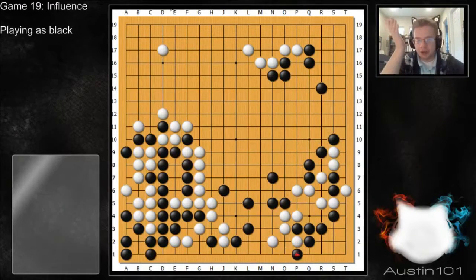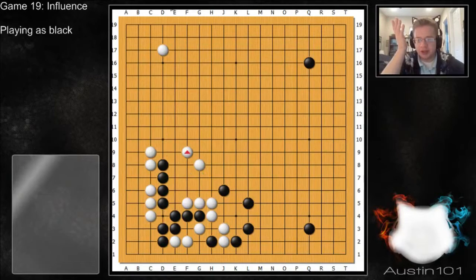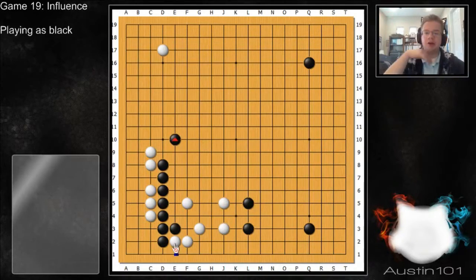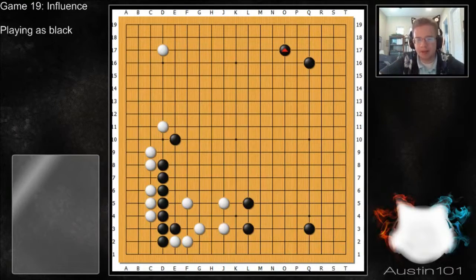So the reason for the loss is because of this. All I was thinking of doing was taking out the eye shape. And by doing so, I gave myself bad shape of being able to run around. I mean, here, all I have to do is connect. And then just jump out, make sure I'm alive, keep white kind of low if white wants to do something like that. I can play something nice and big as well, probably this. No, I actually kind of like this better in this position because there's... Anyway, so,